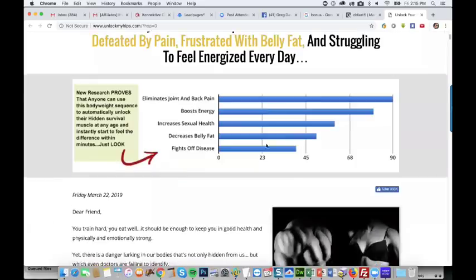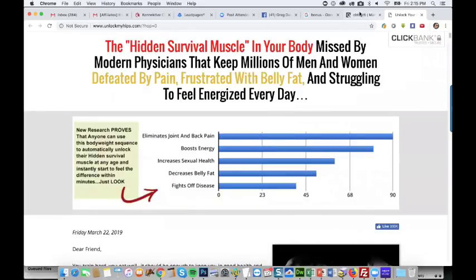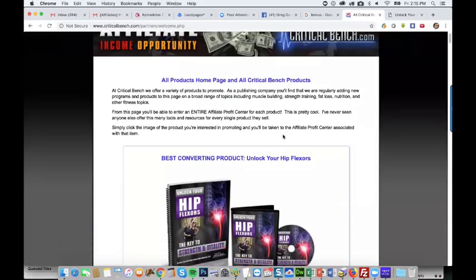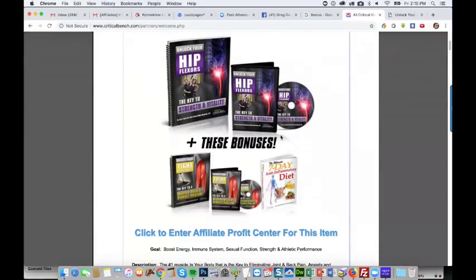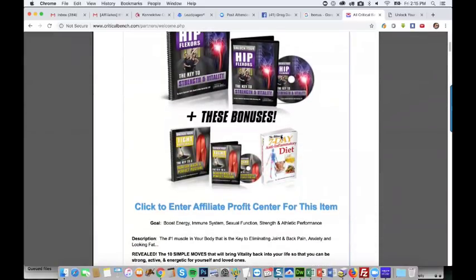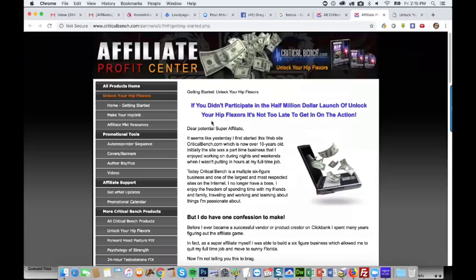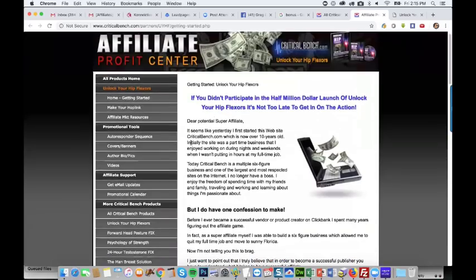So let's see what we have as far as the promotional materials. They have their own. Here we go, affiliate page. Again, this is really, really valuable in putting together a campaign. Oh man, this is great. They give you an autoresponder sequence. That's awesome because that's something we're going to want eventually.